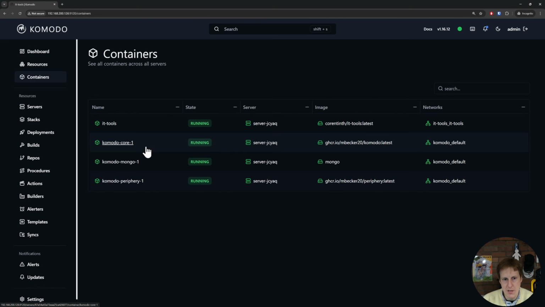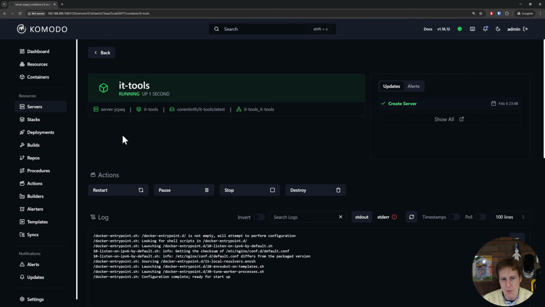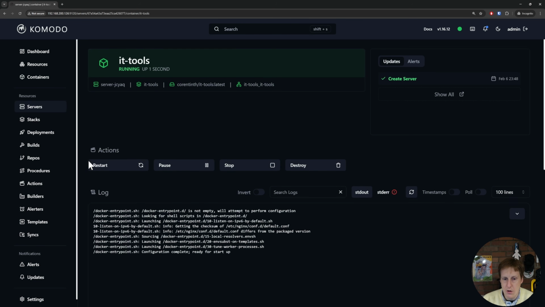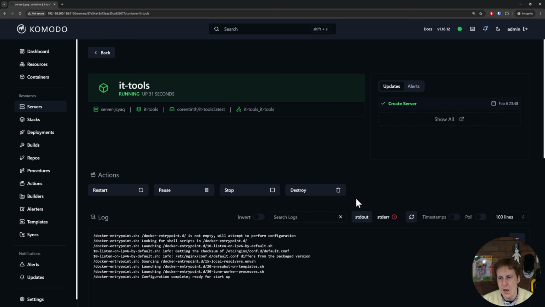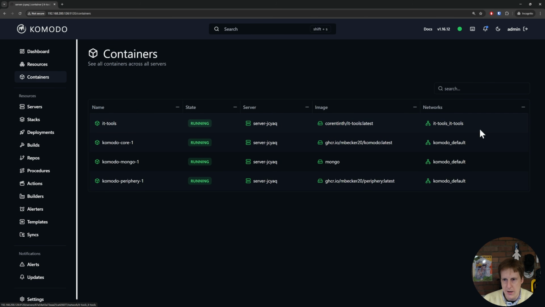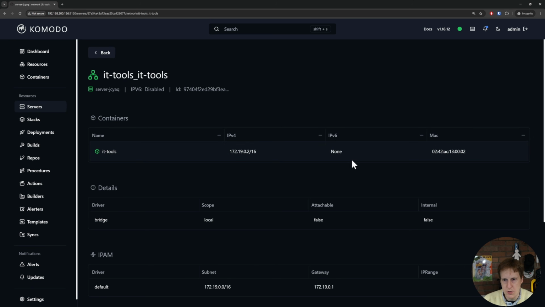So hopefully if we go back to containers, yeah, we can see the IT tools is running here. If we click on that, what do we see? We get the log of what's happening and it all spinning up. That looks great. I'm not sure if there's actually a way to exec into the container. I haven't found that yet, but maybe there is. Obviously in Portainer, that's a really handy tool. But now with that container running, and you can see here it's put it on the IT tools network,